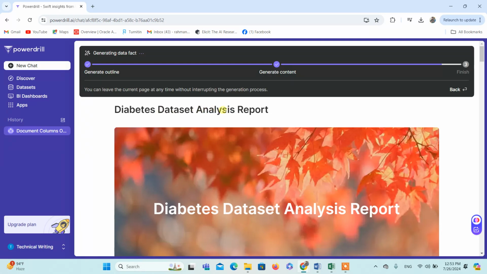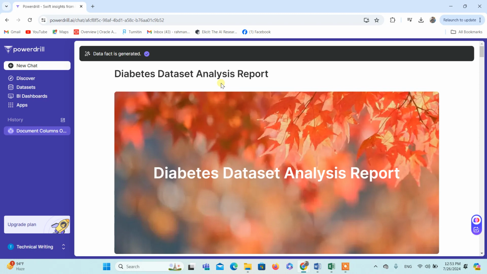Diabetes dataset analysis report, a complete report is generated, and we can see it, we can analyze it, and we can use it. It's now near to completion, and the report is now ready. We can download this report as a PDF or as a Word format. For example, I'm going to download this report,